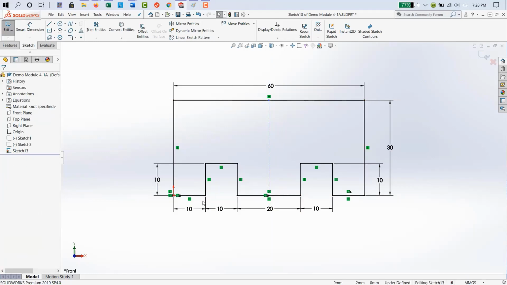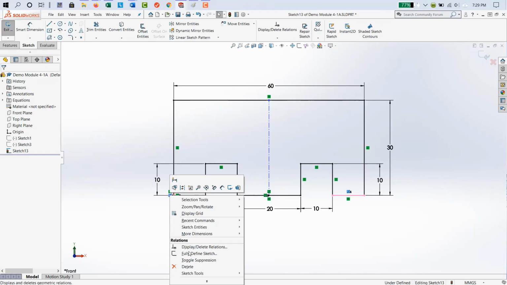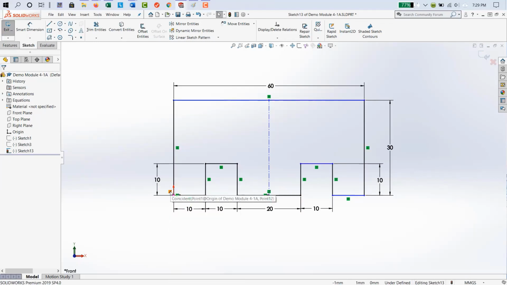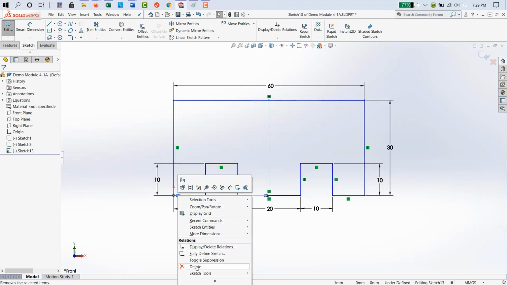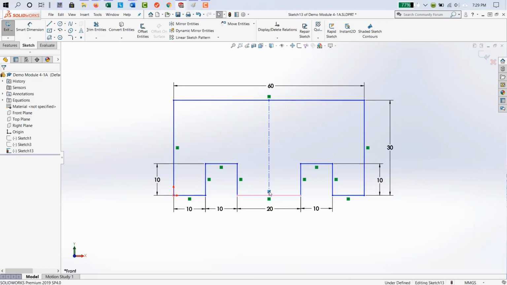And then there's one more thing that we need to do, and that is to remove the sketch relations that are not horizontal or vertical. In this case, you can see the vertical and the horizontal, so any that don't look like that, we're going to get rid of. Hover over the glyph and right click and delete. Or you can left click and use your delete on your keyboard. Either way doesn't matter, it does the same thing.